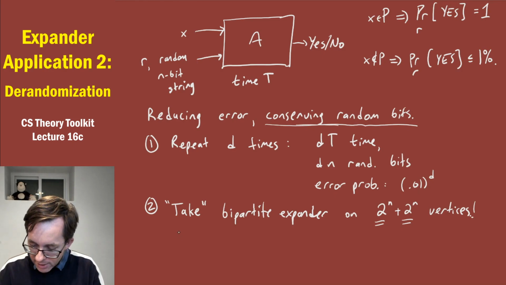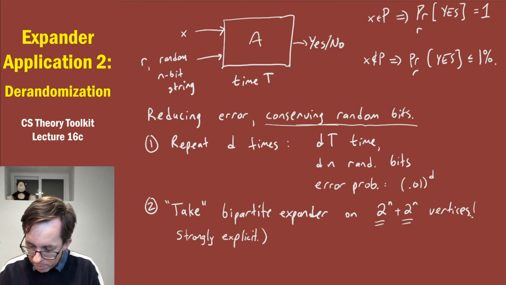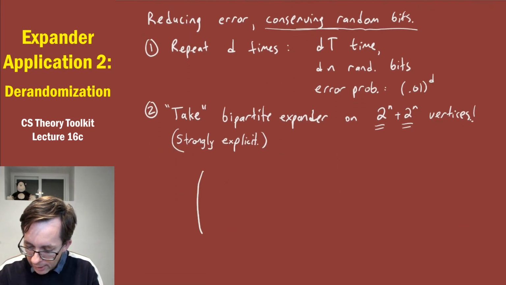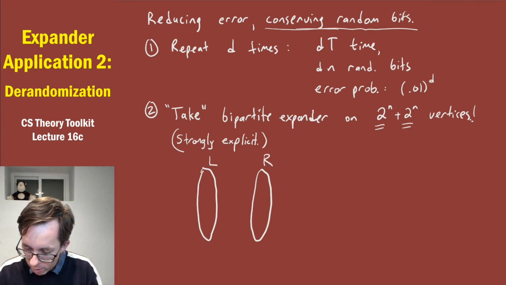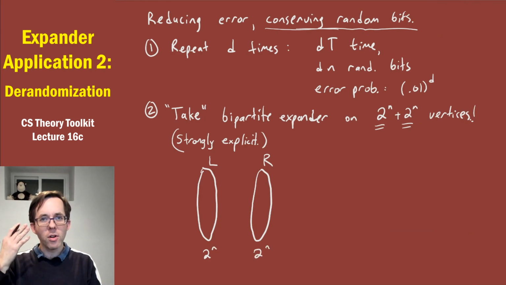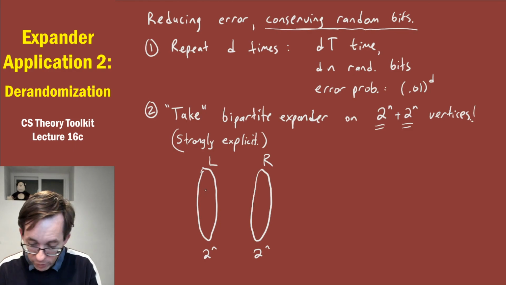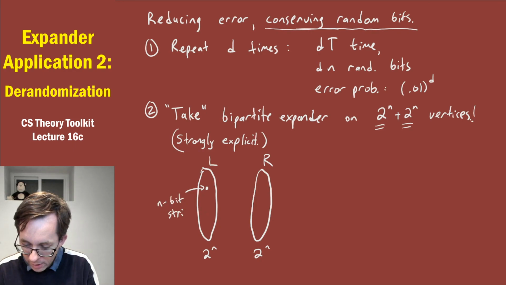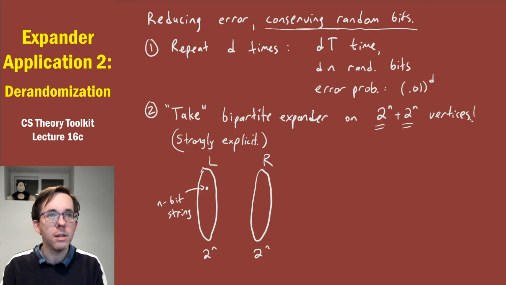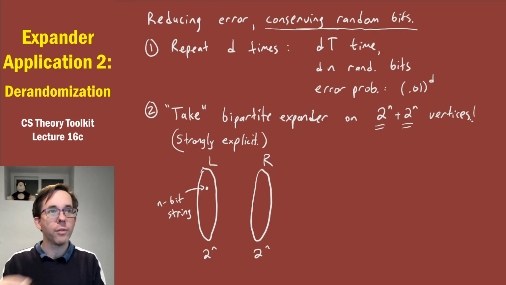What we're relying on here is this strongly explicit property. Let me remind you what that means. We're assuming these bipartite expanders are strongly explicit. So we don't literally write down the adjacency matrix of this bipartite graph, with vertex sets L and R with 2 to the n vertices each. But the algorithm mentally knows about it. It means the algorithm in polynomial time can understand the adjacency relationship of this graph. If you're the algorithm and you think of the name of a vertex over here, named by n-bit strings, and we'll stick with the D-regular graph, or the 64-regular graph,